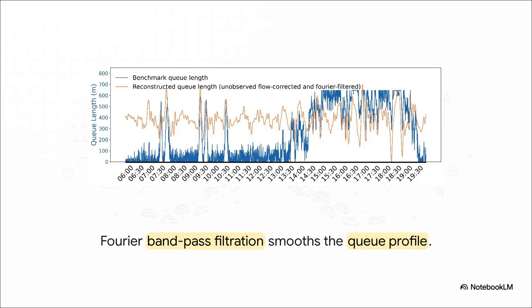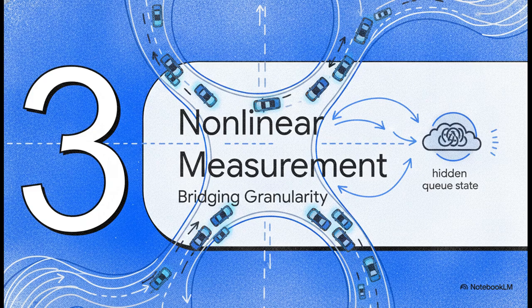But as you might expect, raw reconstructed queue proxies are incredibly noisy. So what the researchers do is apply a Fourier bandpass filter to isolate the medium frequency variations. This elegantly strips away the low-frequency drift caused by those changing unobserved flows, while simultaneously wiping out the high-frequency jitter from raw detector errors. What you're left with is a clean, physically representative control input ready to drive the prediction step of our filter. Next up, let's explore the nonlinear measurement model and how it bridges some wildly different data